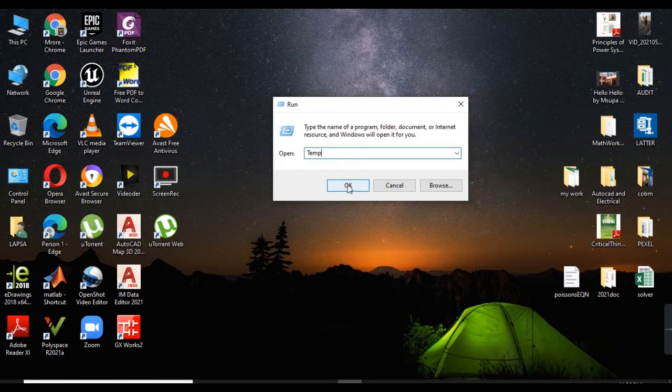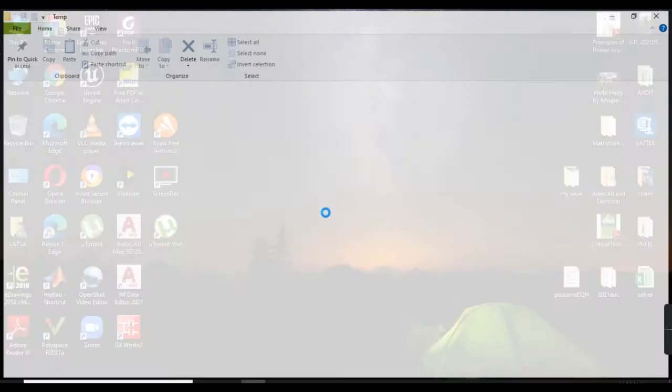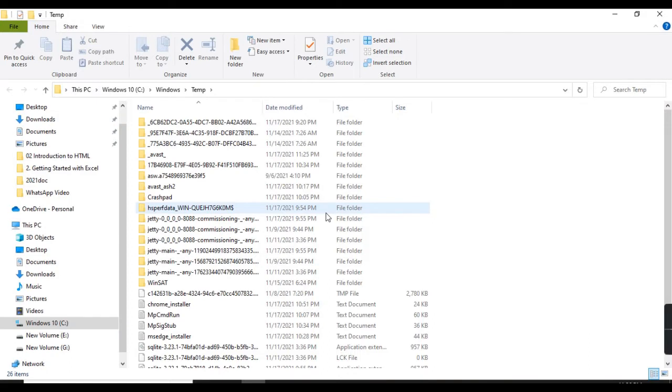Then hit OK. You can see a lot of items that are here. They get created whenever you are doing some work. Because I know you may have been doing a lot, you may have a lot that has been created by itself.